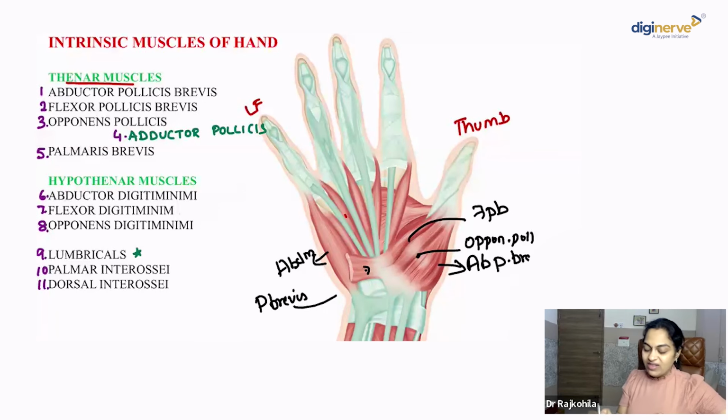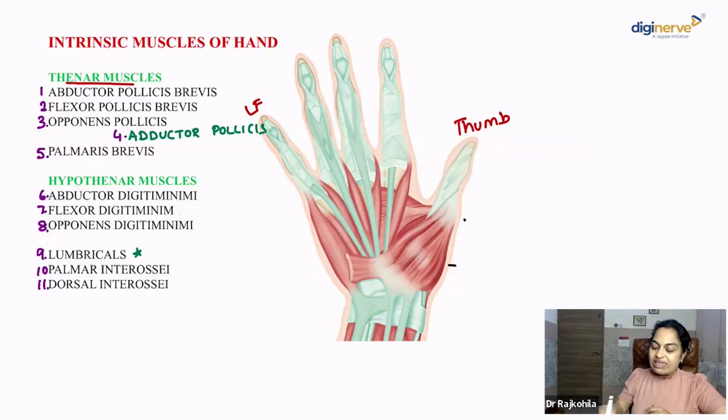Similarly, for the hypothenar muscles, you get to see the abductor digiti minimi. This is the flexor digiti minimi. If I separate the both and I see in between, on a deeper plane will be the opponens digiti minimi. Another very, very important muscle going towards the thumb, right? This one, help me identify, is the adductor pollicis.